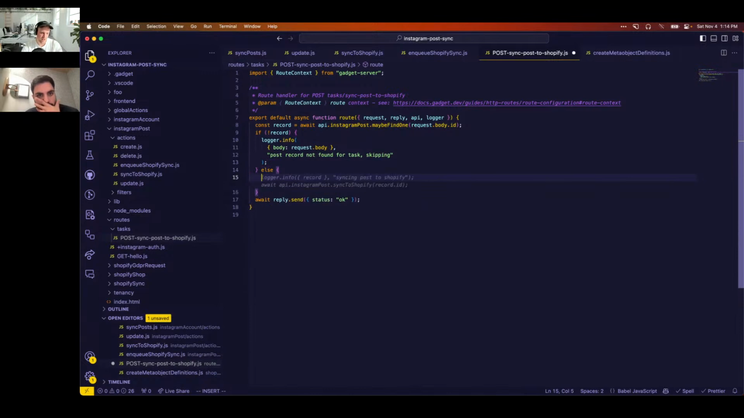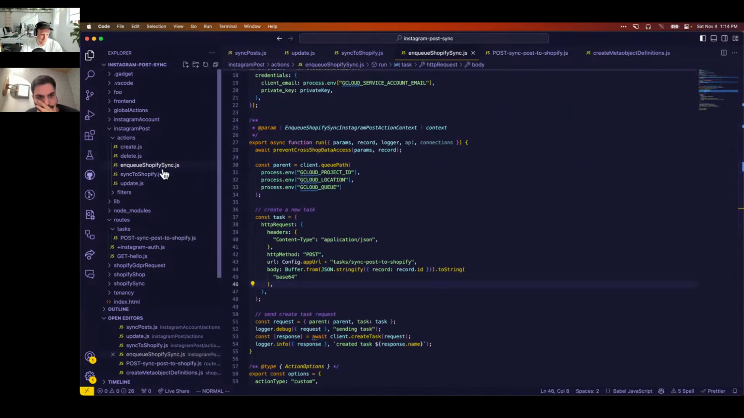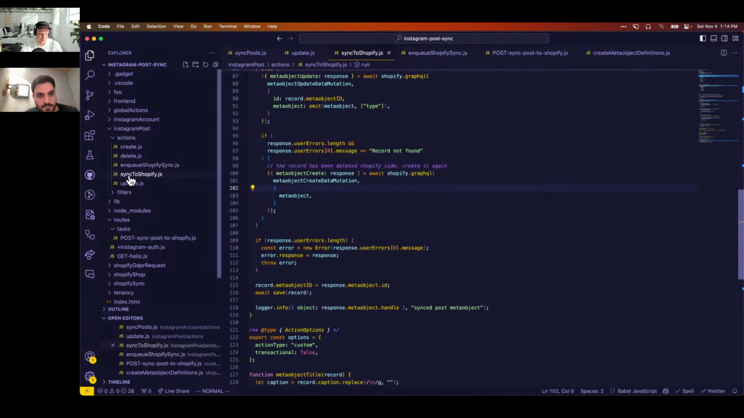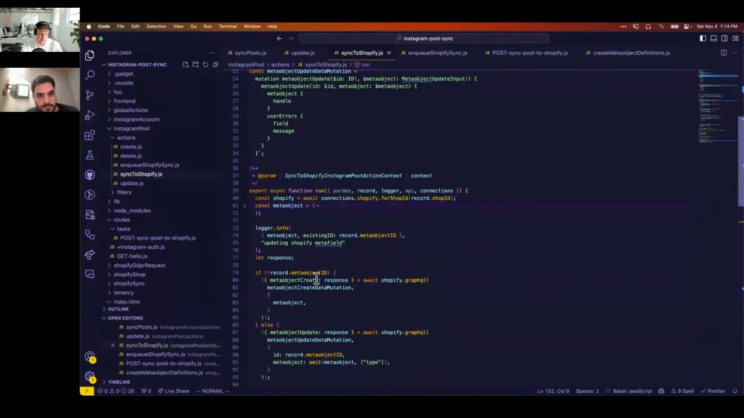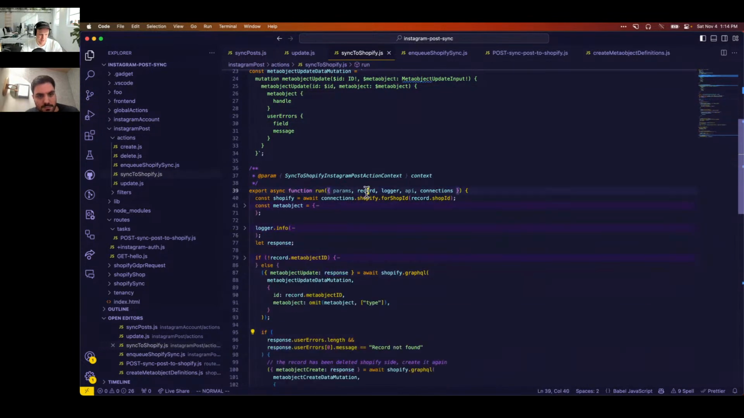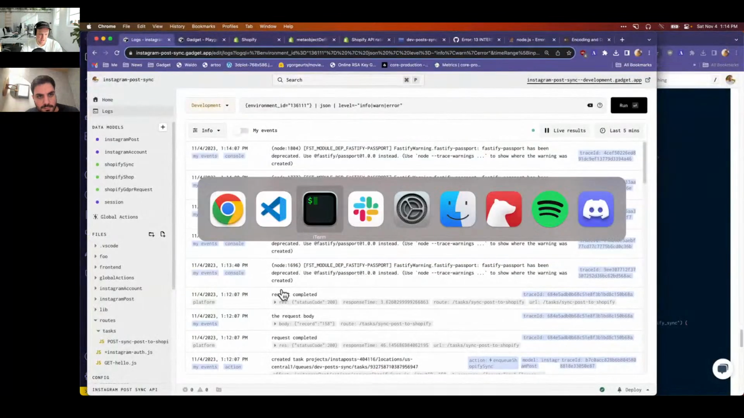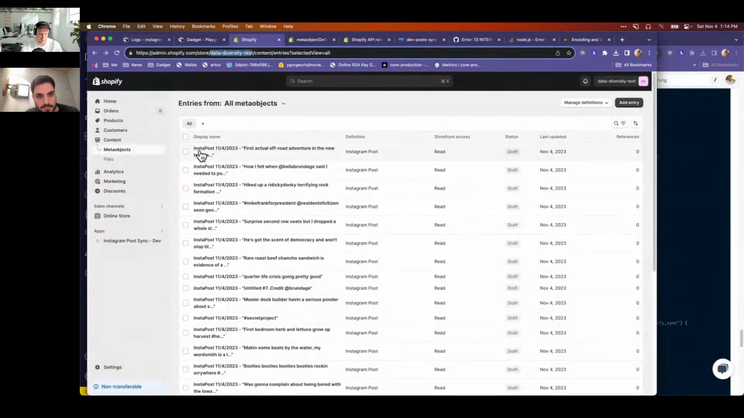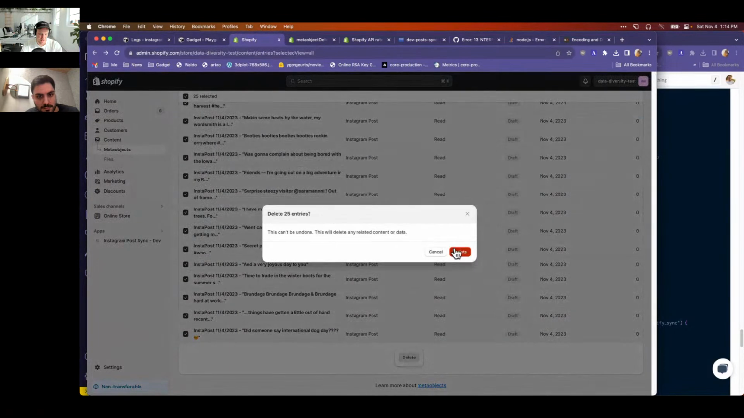So if we do find it, then I'm going to ask it to run that action. Oh, look, Copilot figured it out. So saying sync to Shopify. So we've got our two actions here, A and B. The enqueue, which via that route calls this one, the actual sync, which actually does the calls to Shopify to do the thing. So now if I go over to Shopify and I delete a bunch of these,